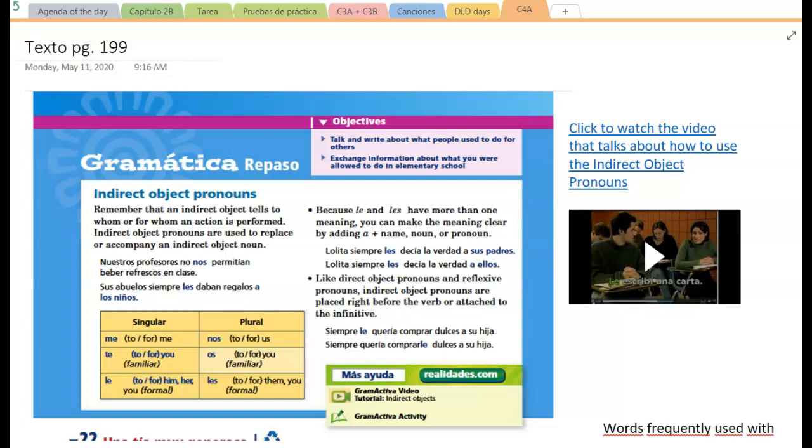So the first thing that I want you to do is read what it says here about what they are and how we use them. We have the chart right here. And if you see the difference is in the él, ella, usted form and the ellos, ellas, ustedes form. Here we have le and les instead of se for the reflexive pronouns and lo, la, los, and las for